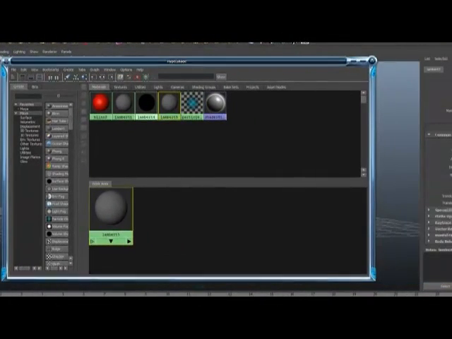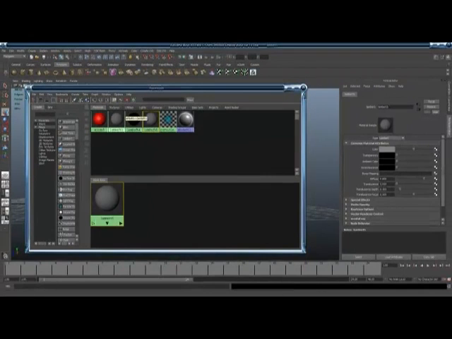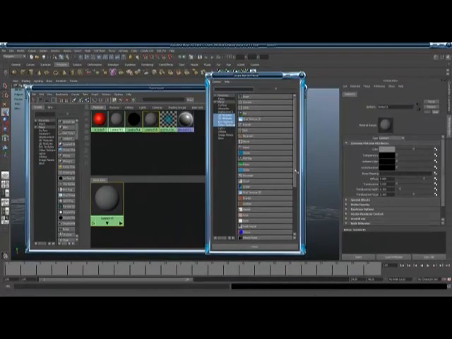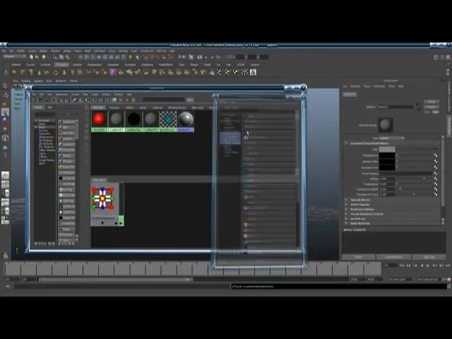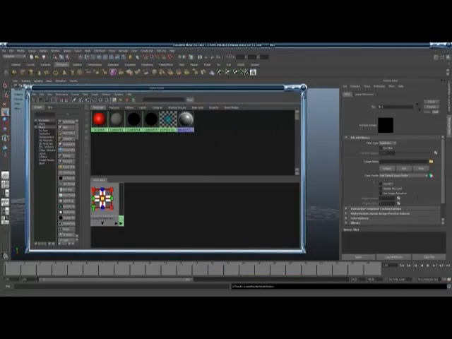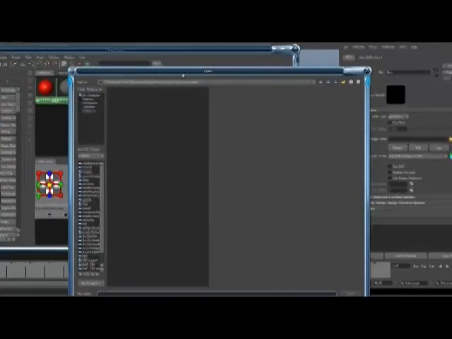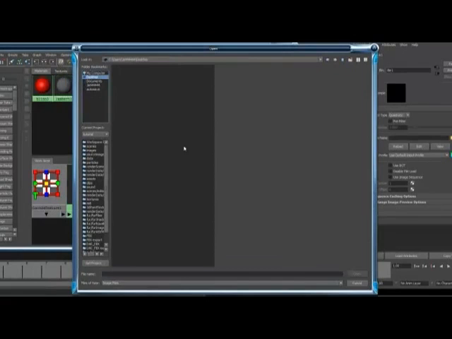We got a color. You go to the little checkered and click on it. You get this menu here, and we're gonna go to File. This other menu pops up. We're gonna click on this folder here. We're gonna go to Desktop where we put our texture,